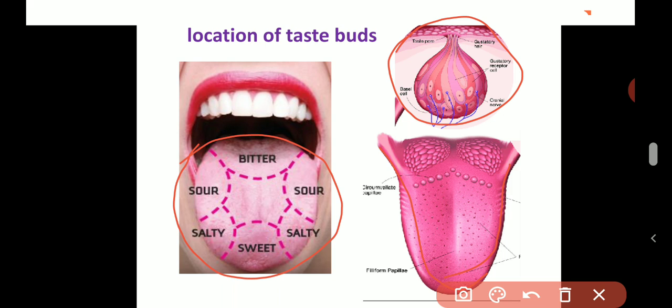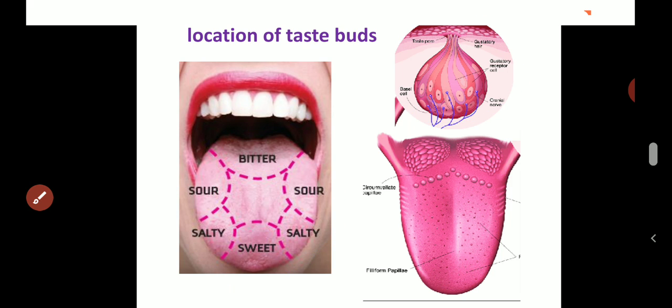The taste buds for bitter are located right at the posterior end of the tongue. That is why when you eat something bitter, you feel that sensation of taste for a longer period of time, because the taste for bitterness has already spread out all over the tongue till it reaches the end part where the taste buds are present. So as the saliva which has dissolved the bitterness goes over it, each time you start feeling the sensation of that taste.